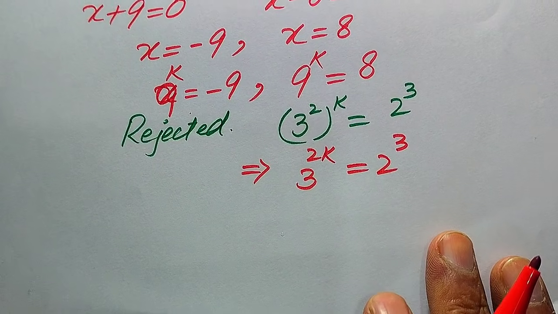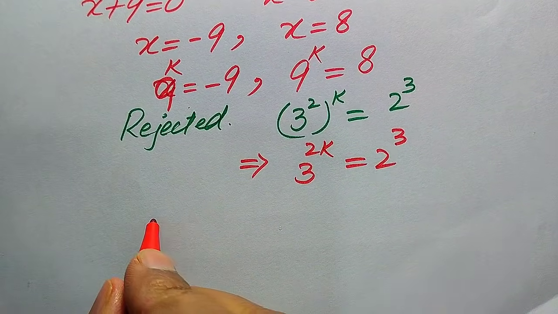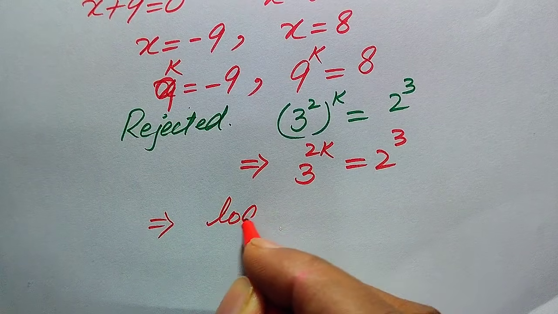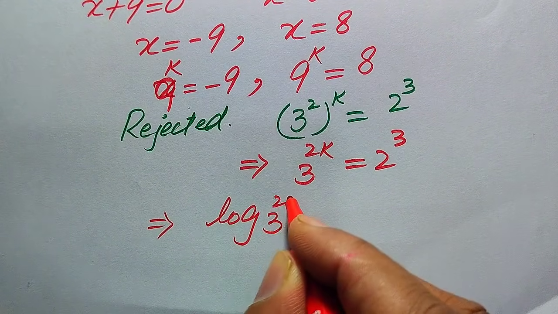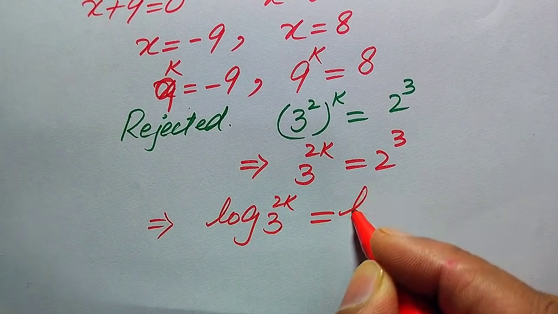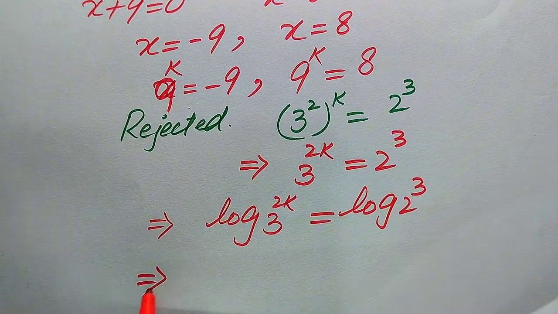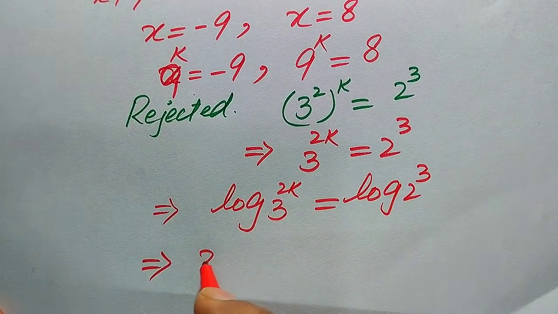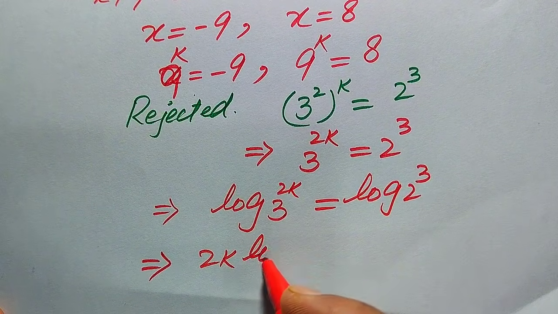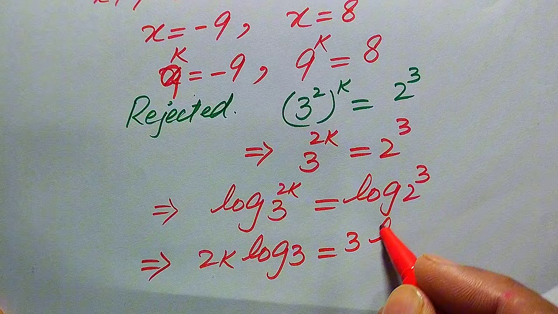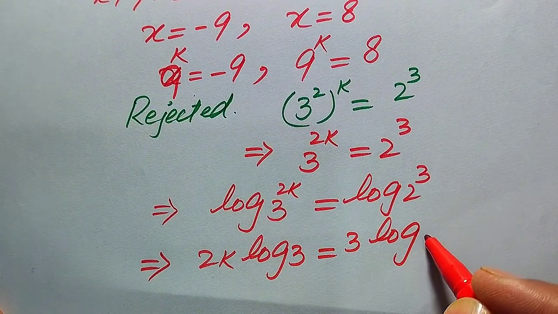And now we are ready to take the log on both sides in order to find the value of k. So when we apply log, it will be written as log of 3 to the power of 2k is equal to log of 2 to the power of 3. And here we move this 2k in front of this log, and it becomes 2k times log 3 is equal to, here we move this 3 in front of this log, and it becomes 3